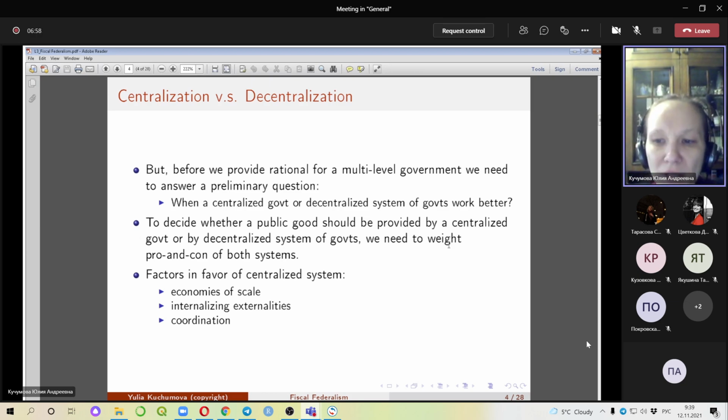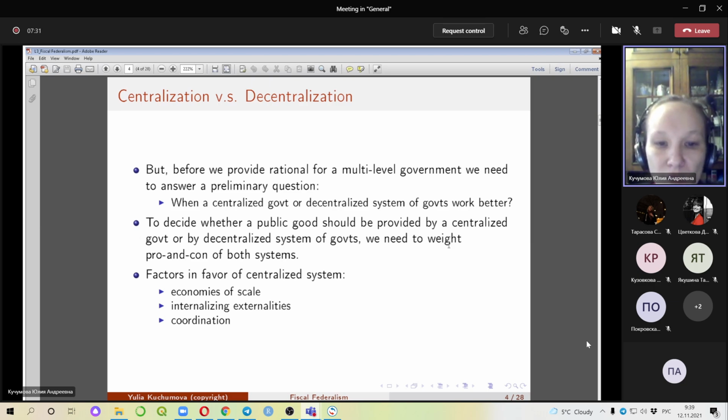What does it mean to work better? We actually care about the provision of the public good, right? And to decide whether a public good should be provided by a centralized government or by a decentralized system of government, we need to weigh the pros and cons of both systems. So let's do that. First, let us discuss factors in favor of a centralized system. First,